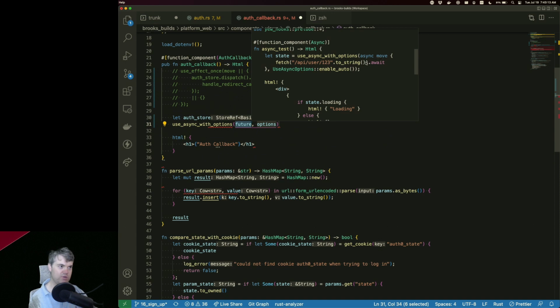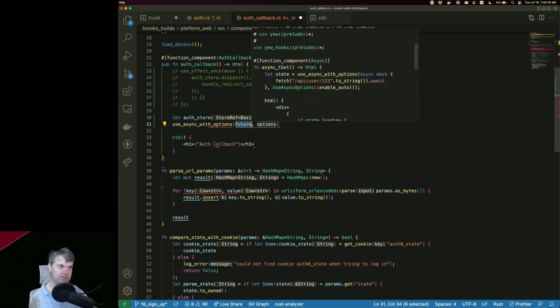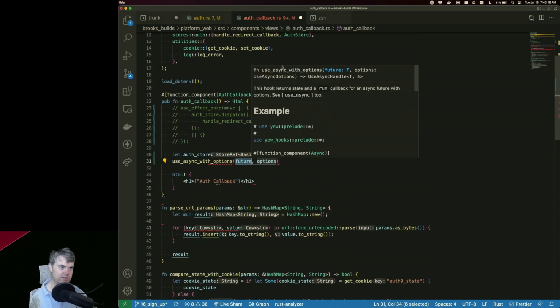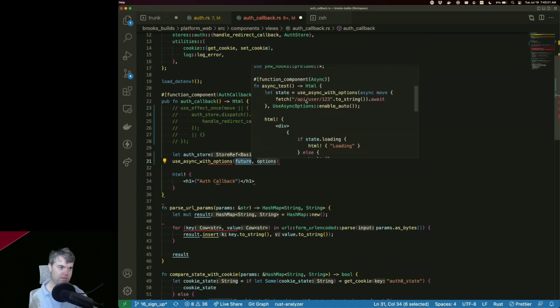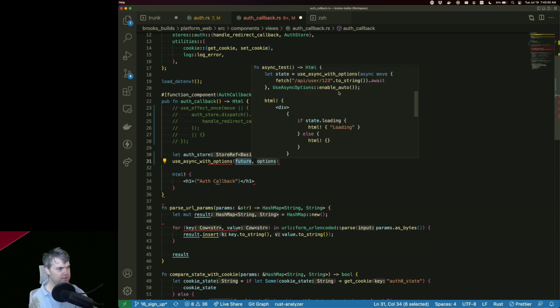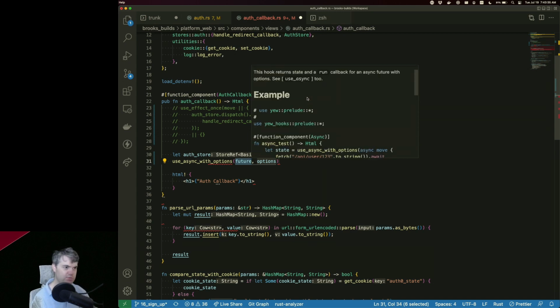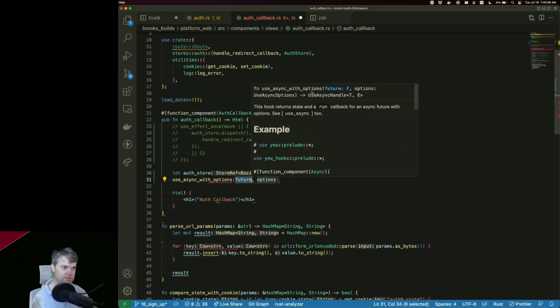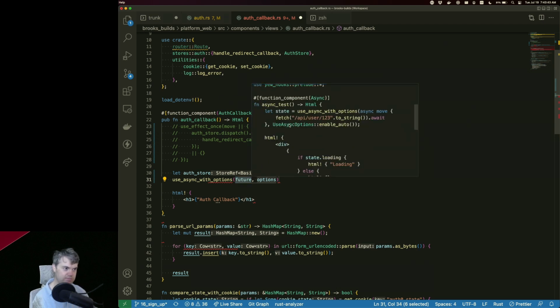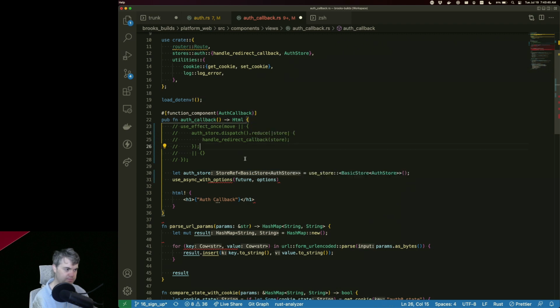Okay, so async move. So it does a thing, await. Use async options, enable auto. Interesting. Wonder what the options are. Wish I could click on them. It's probably not what I want.